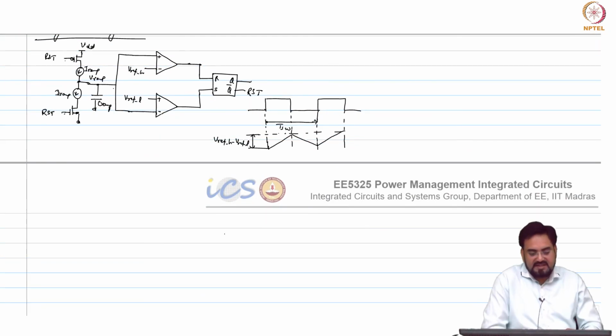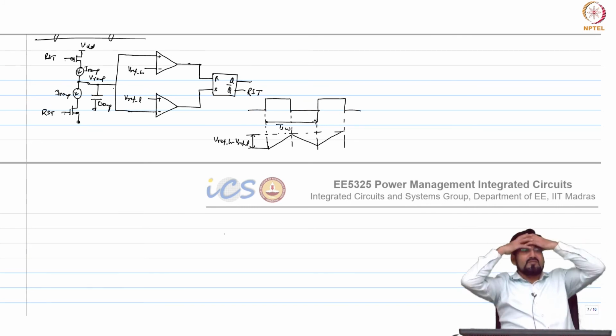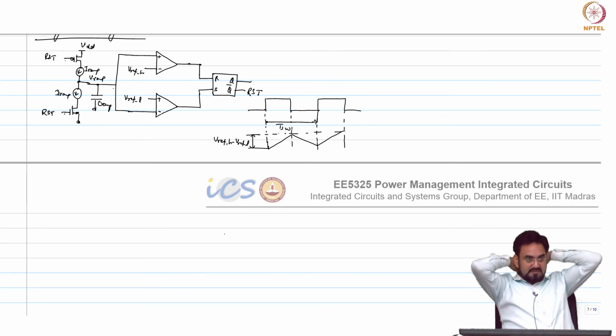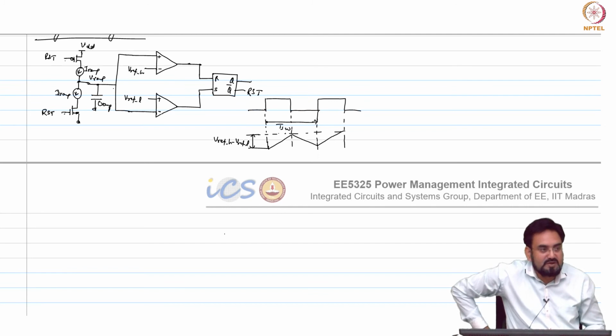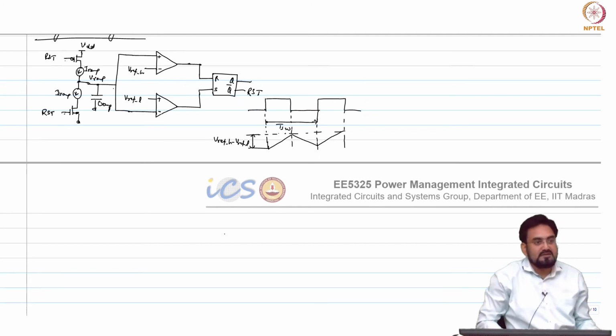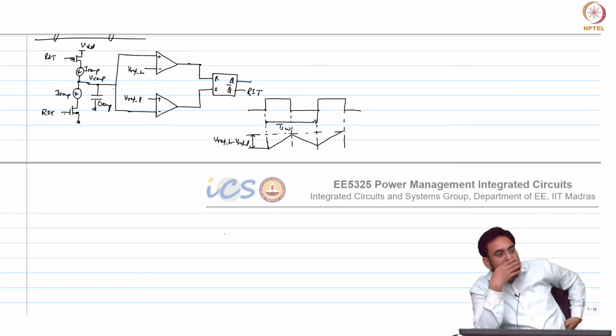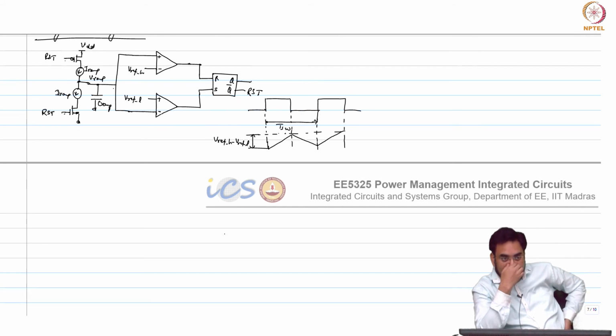So how do we decide? How do we choose VREF H and VREF L? Can anybody tell? Can I keep, let us say, VREF L 0 and VREF H 1 volt? Whatever the range of control voltage. So how do you define the range of control voltage? VDD by 2 plus minus delta. Yeah, so what you want, your error amplifier output is nothing but your control voltage.